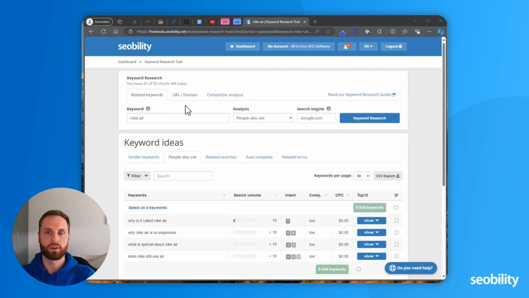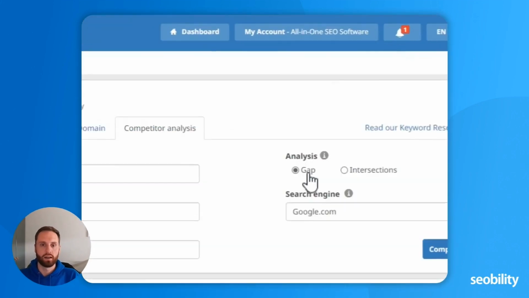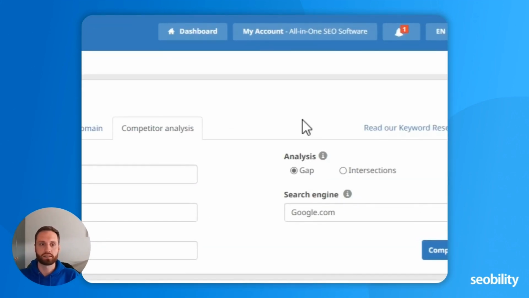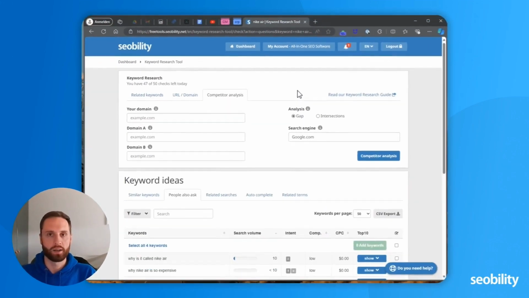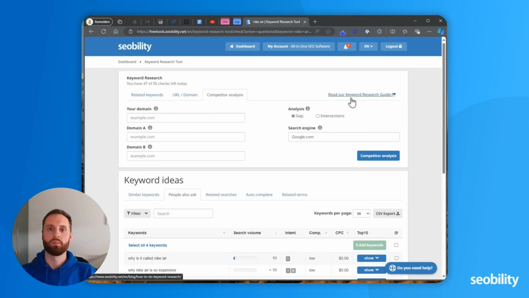With this, you are essentially looking at a URL or the entire domain to find out which organic rankings it might have, or which Google ads it might be running for these pages. And then we have the competitor analysis, which includes a gap and an intersection analysis, where I don't want to go into details now. This is a little bit more advanced. You can read everything about it in our more advanced and complete keyword research guide.